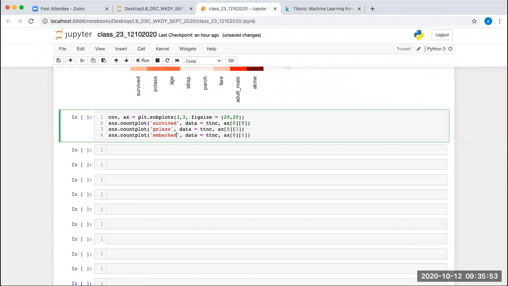Okay, so this is the embarked column, and this is going to be 0 comma 2.